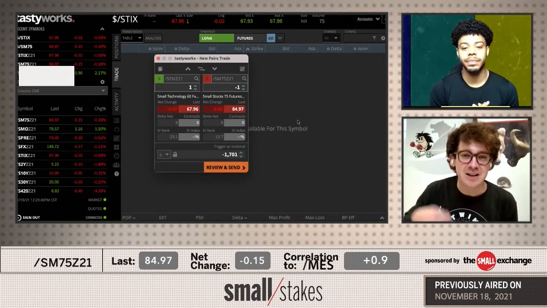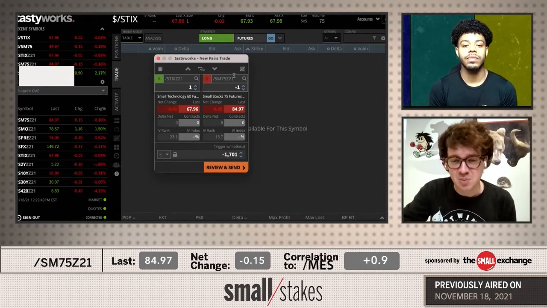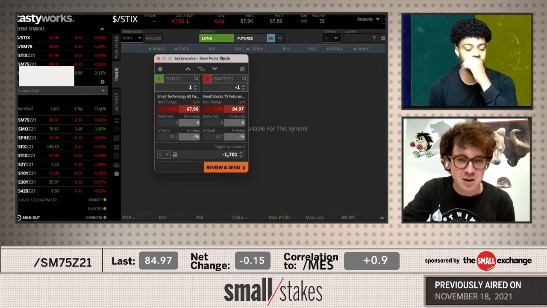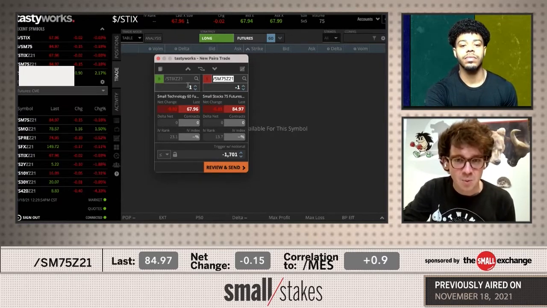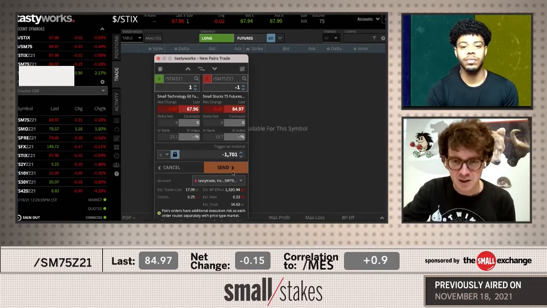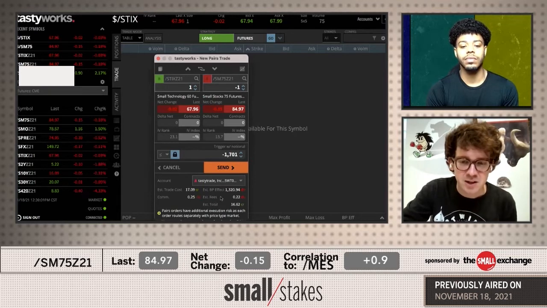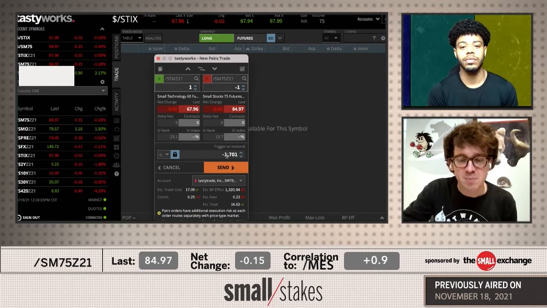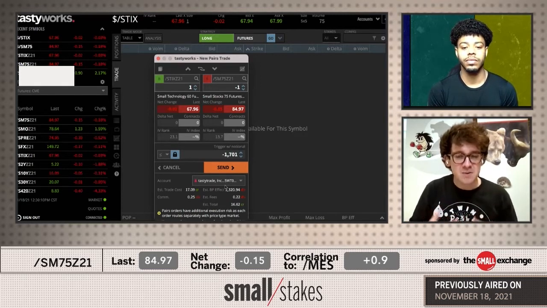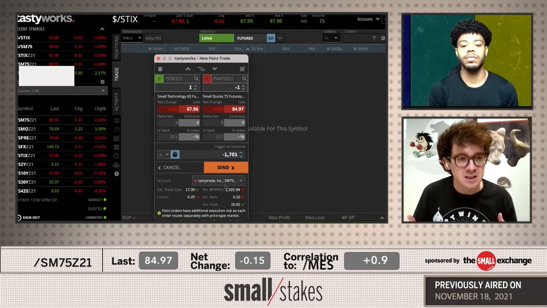Let's leave it off with the basic spread here, very easy to do in Tastyworks. You can see they've got the pairs trader. All I'm doing is buying the thing that's underperforming, selling the thing that's outperforming 1-to-1, because these markets are very similarly priced. They have the same multiplier. It's going to cost you about $1,300 in buying power. This is one that I would look at here. You're buying negative 1,700, and I would flip it if it gets back to negative 1,600 or negative 1,500.